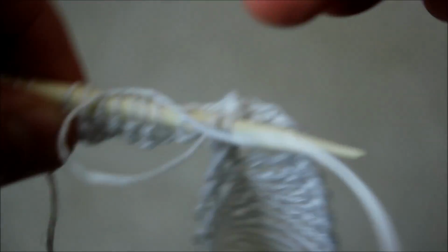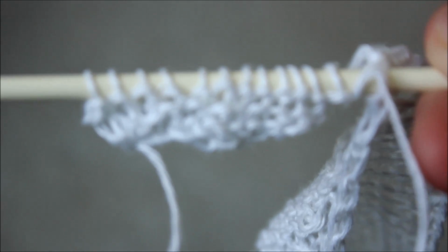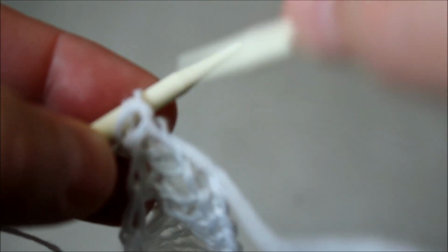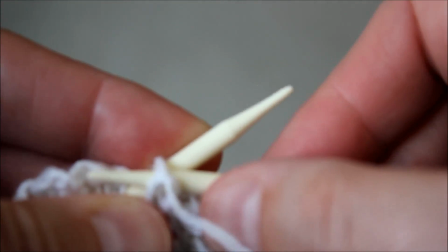When we turn our work, we're going to purl all the way to the last 3 stitches. Just like that. Purl the first 2 stitches. The reason we're purling the first 2 stitches is because we're picking a stitch from here, remember? So if we don't, then there would be more than 13 stitches on our needle. So knit the 2 stitches together. So we'll have